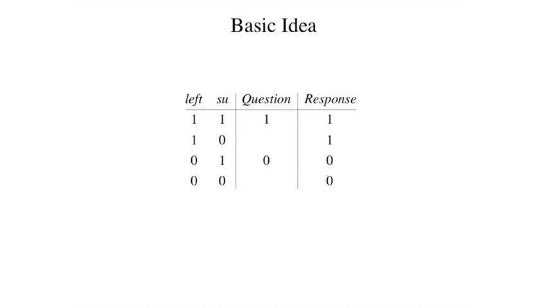Now let's see what the actual truth value of our question must be to elicit this response. If the stadium is actually to the left and the informant is actually from Stanford, then we want a question that has value true. If the stadium is not to the left and the informant is from Stanford, then we want a question with truth value false. Since a Stanford person is going to tell the truth, the value should be the same as the values in our response.